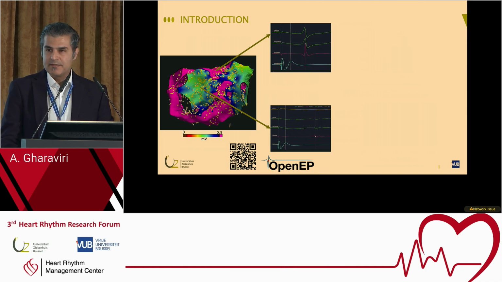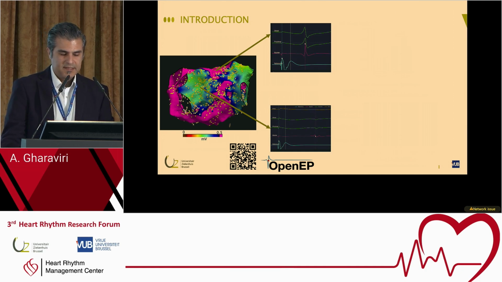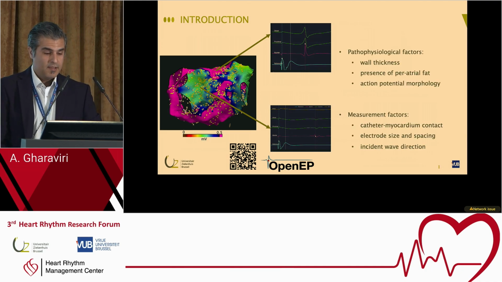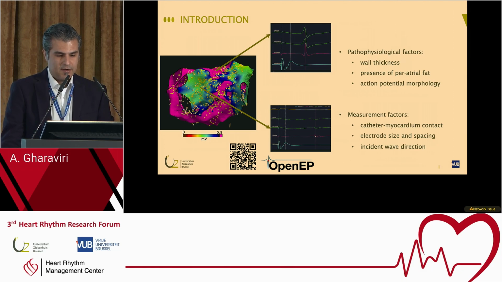Voltage maps have been used frequently to detect areas with fibrosis. Basically, if you put an electrode in an area where there is no fibrosis, you expect to see a very high amplitude on your recorded electrogram. And if you move to an area with fibrosis, you expect to see a reduction in the amplitude of the electrogram. However, there are a couple of problems here, because voltage maps are